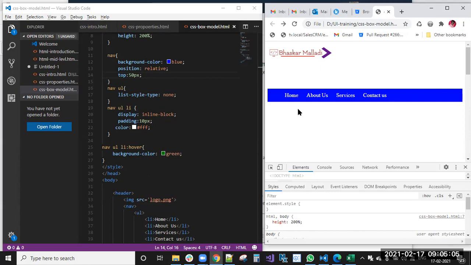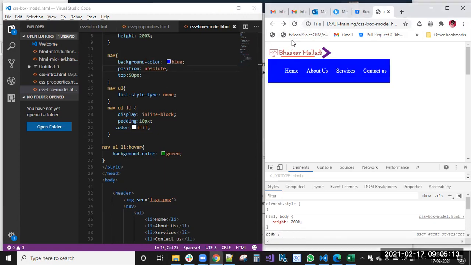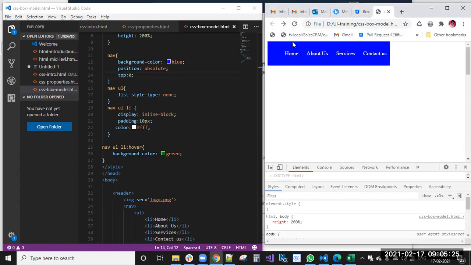Now what I am doing now, instead of that relative, I'm applying the absolute. Now you can see that from the top, it moved actually. Not from the logo, from the top. If I'm giving the top 0 you can see that on the top of the image, it moved.